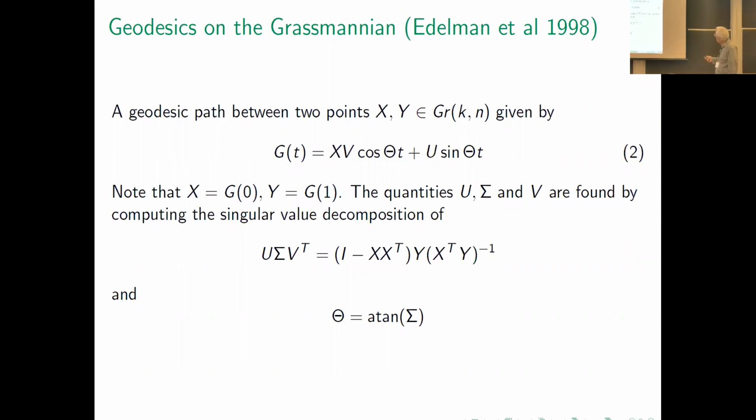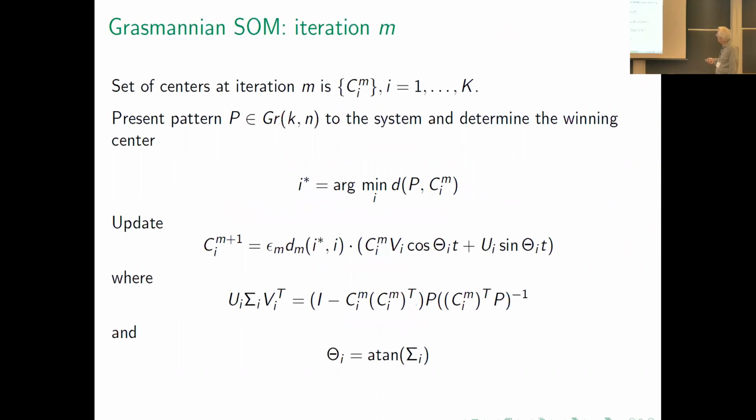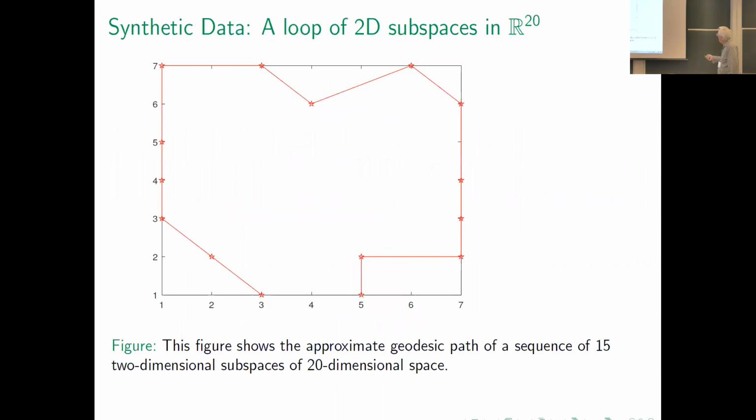I'm going to dispense with details, obviously, but basically I take the equations from Cahonen and rewrite them for the Grassmannian, and I get this. And the subspace gets moved towards the centers. And the same way I came up with the circle example earlier, if I generate a circle of points on a Grassmannian artificially, I can discover them in this index set. So this allows me to discover a circle of points on a Grassmannian.